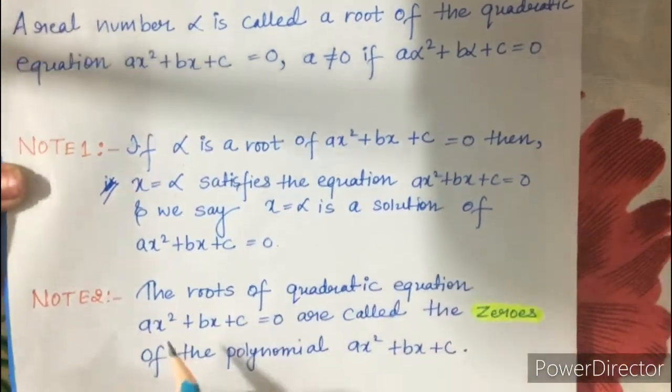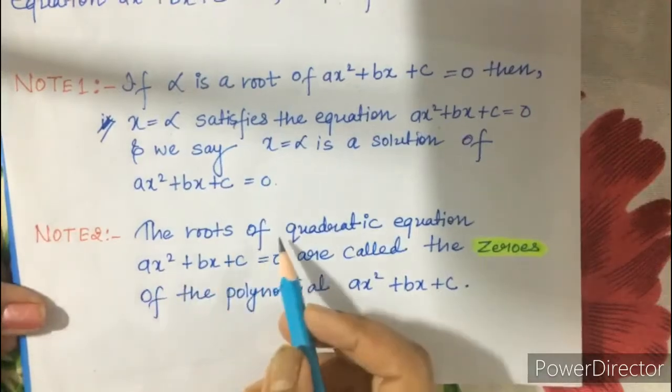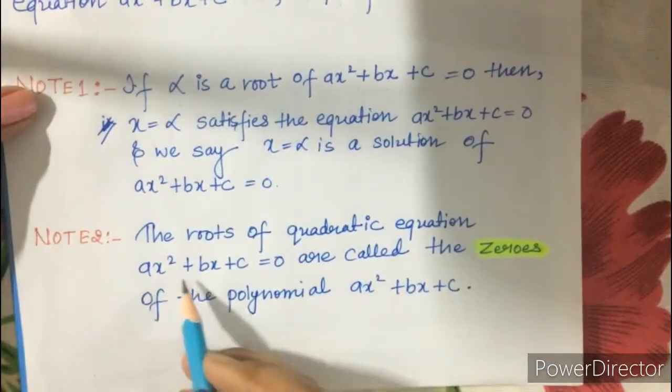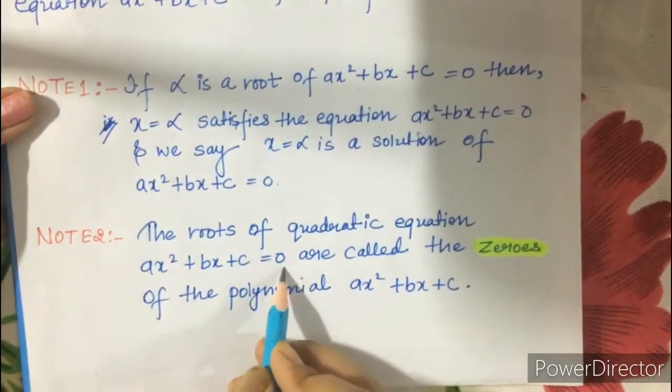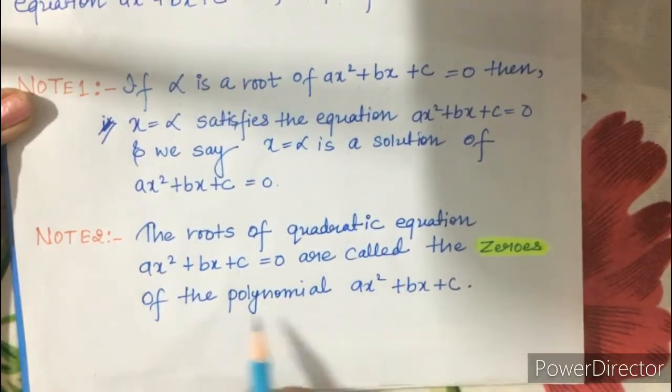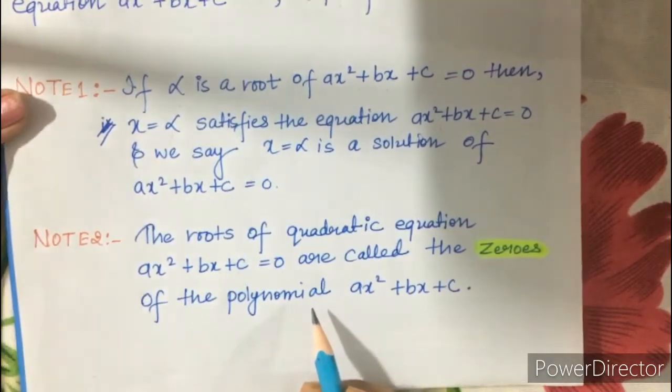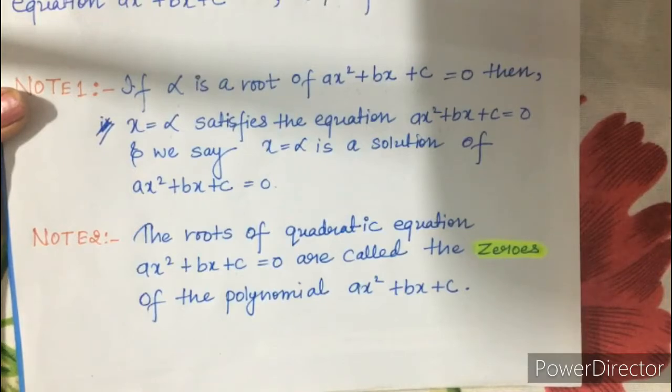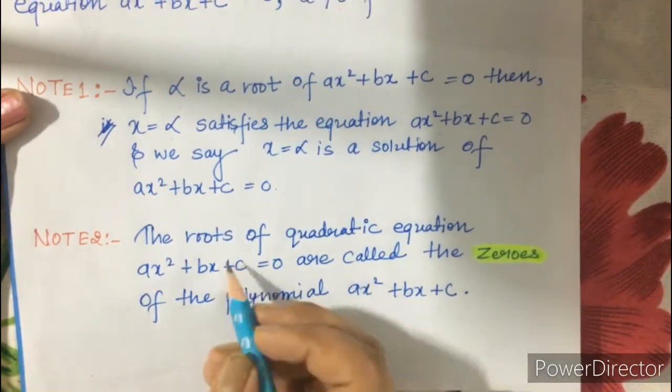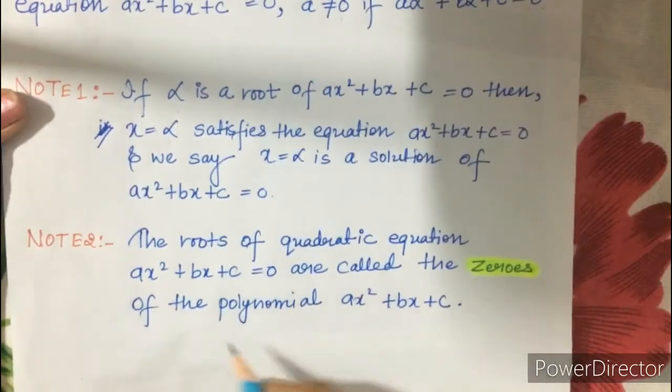Okay, and the second note is the roots of the quadratic equation ax square plus bx plus c is equal to 0 are called the zeros of the polynomial. In the polynomial chapter you have already studied about the zero, so the same thing is applicable here. Roots of the equation are known as the zeros of the polynomial. Okay,